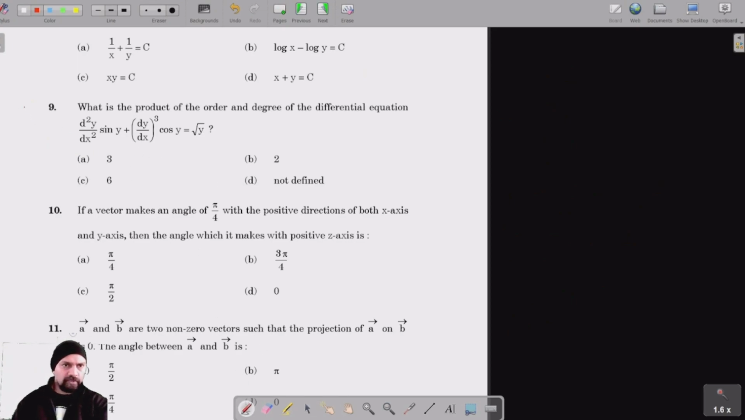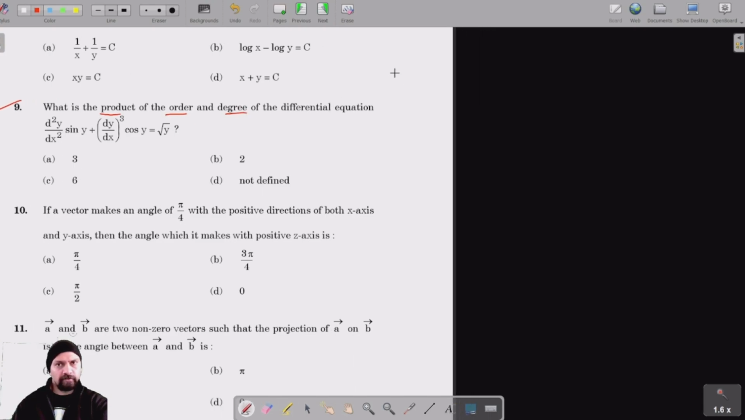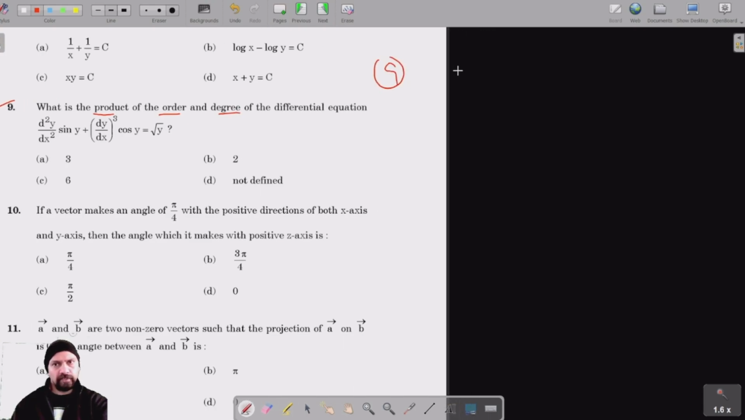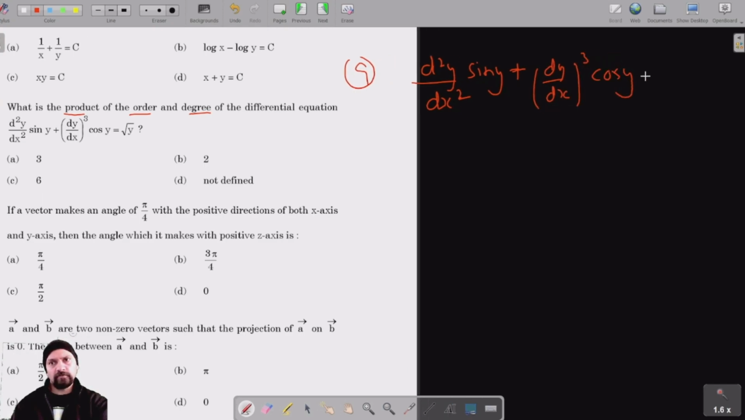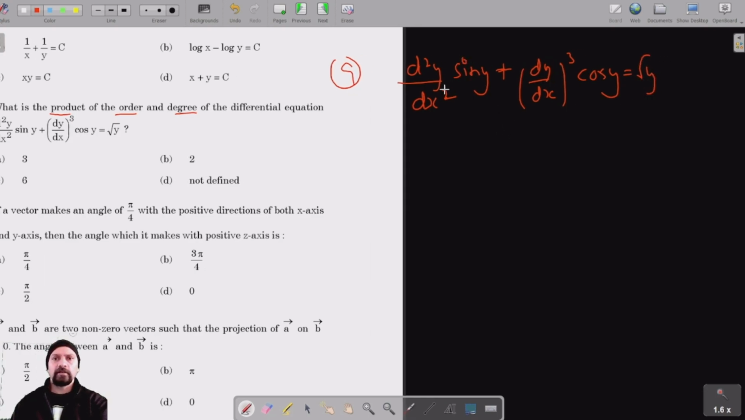Okay, for question number 9, we have to find the product of the order and degree of the differential equation. So for question number 9, our differential equation is d square y upon dx square into sine y plus dy by dx the whole cube into cos y is equal to root y. Okay, now